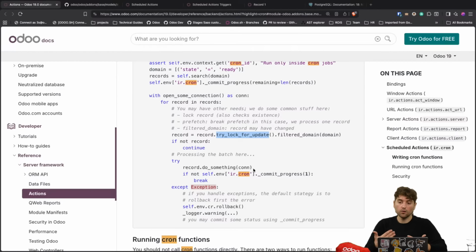Create, run the commit progress whenever you need. Think about record existence and so on and so forth. And then also think about crons as a good tool that Odoo as a system gives you to perform operations that are very slow and take a long time,